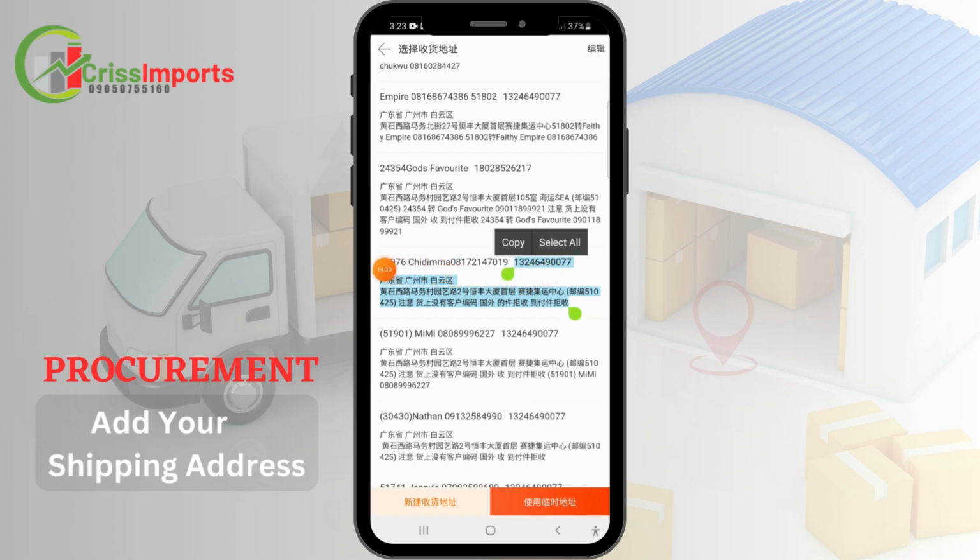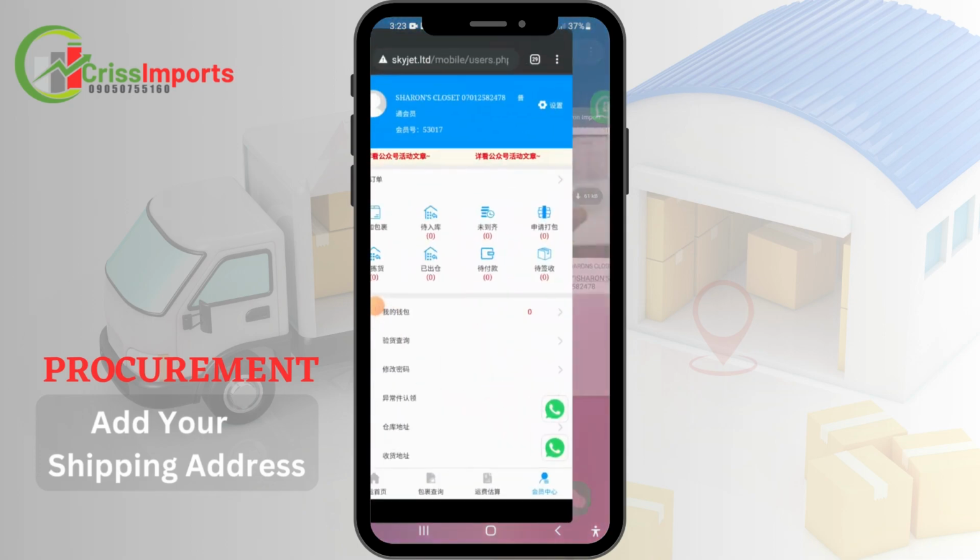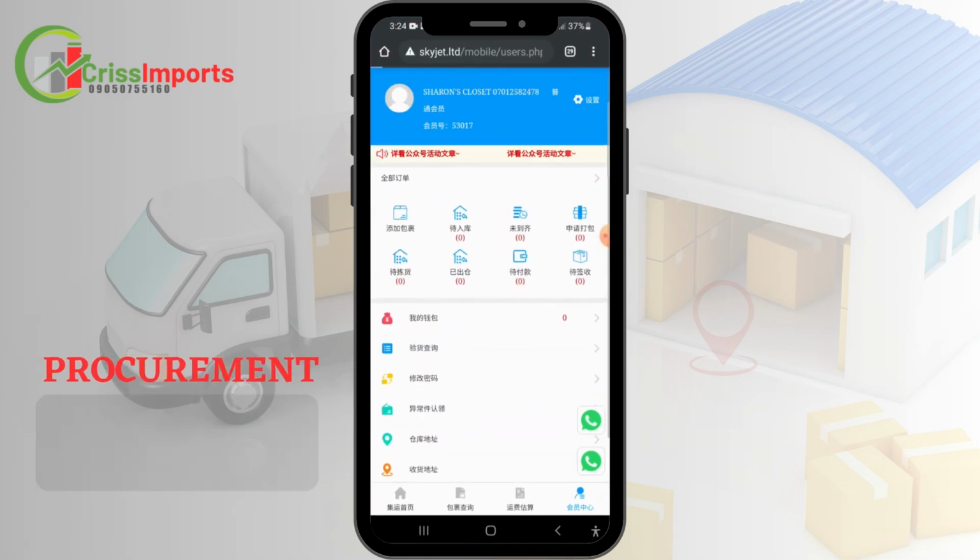Now this is the person's unique code, name, and number. So we are not copying this one because we just want to copy the shipping company's address. Or alternatively, I can go to Skyjet's website. So look at this customer now that we bought for. All right. So after registering her account